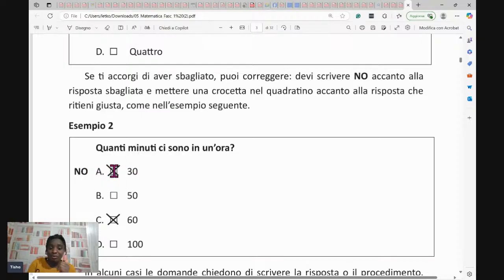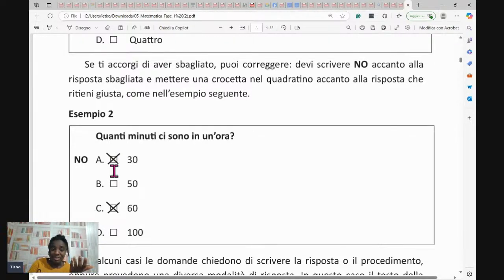Example, quanti minuti ci sono in un'ora? How many minutes are there in an hour? We know there are 60 minutes, right? But maybe mistakenly, you can choose 30, 50, or 100. Now, when you realize that you've made a mistake, just write no near the wrong answer, and then choose the